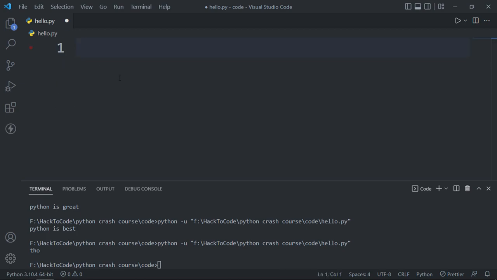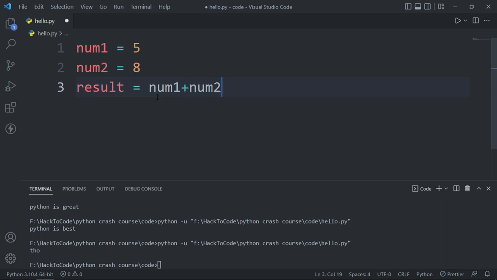And let's remove this thing, and let's discuss f strings. So what I will do is I will type here num1 is equal to 5, num2 is equal to 8, and I will type here result is equal to num1 plus num2, and I will type here final string, or str, is equal to, basically I am using camel case here, which means first of all I will start with a small letter, and for each subsequent word I will type it in capital,